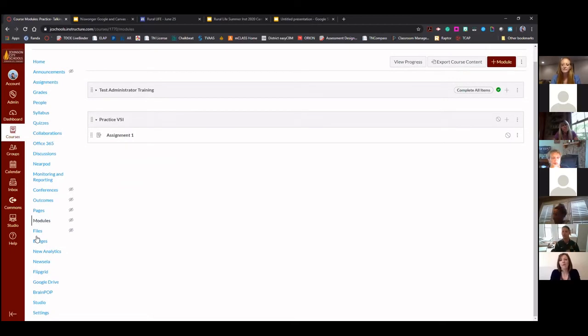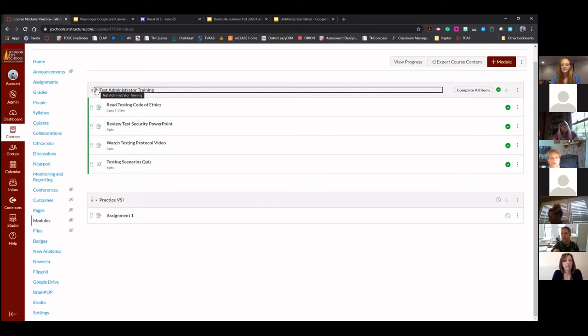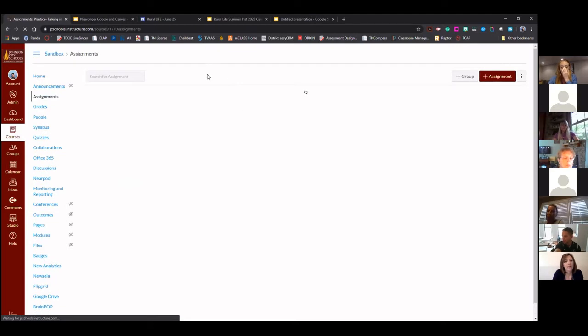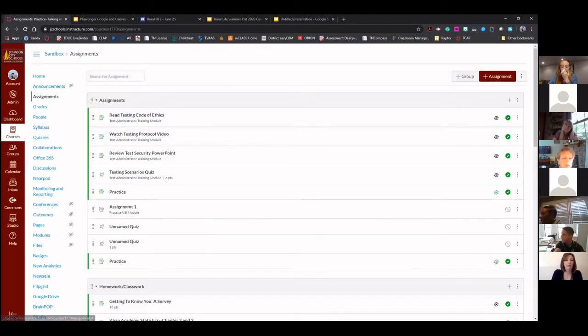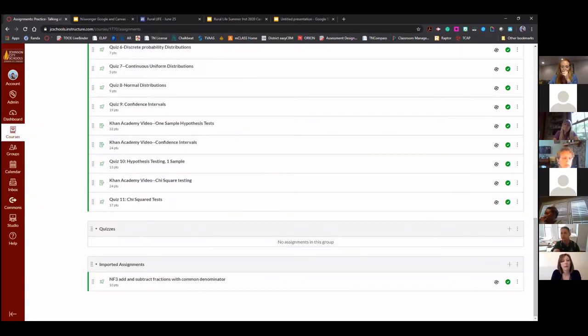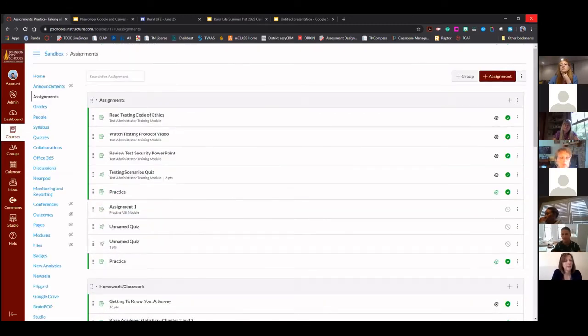I know we've hit on that before, but modules is just keeping everything in one contained unit, because right in here, as you notice, I built out my test administrator training in Canvas. But if I click underneath assignments, there's not going to be any organization to this at all. It's just going to have absolutely everything that I've ever created on there with no organization whatsoever. You don't want to do that to your staff and to your students especially. I know, Ms. Dunn, you sent a chat out about 2nd grade students. If you give 2nd grade students a list of this, they're just going to start clicking on everything. So the best thing to do is to use those modules.